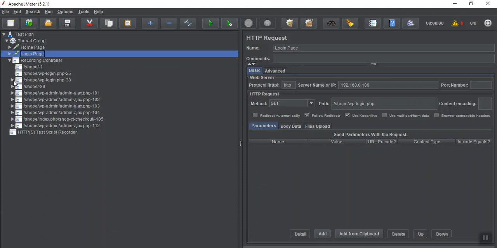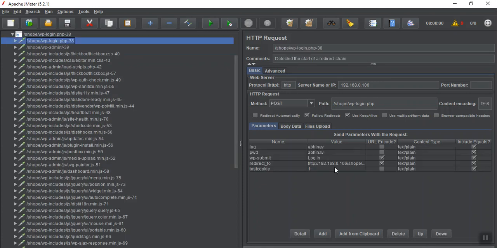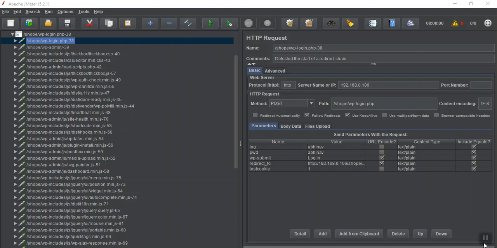Fine. Now let's go to our third request. Okay, see here my username and password is going. My username and password is being supplied here. And you can also see one comment that it detected the start of a redirected chain. So I put its name as process login.